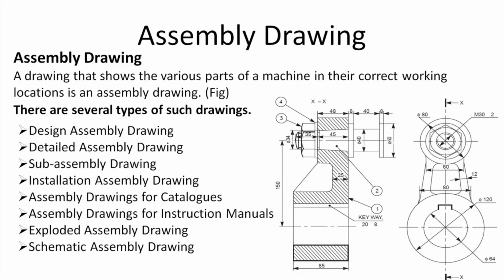So we'll discuss what is the meaning of assembly drawing. An assembly drawing is a final drawing, which is necessary for assembling different parts of a machine or a system. Assembly drawings are those drawings which show the relations, locations, as well as the positions of different components that are to be there in a particular machine or a system.